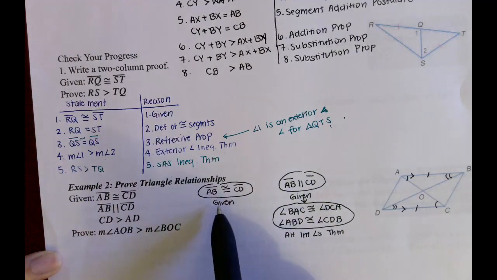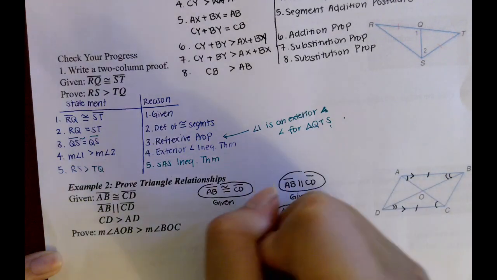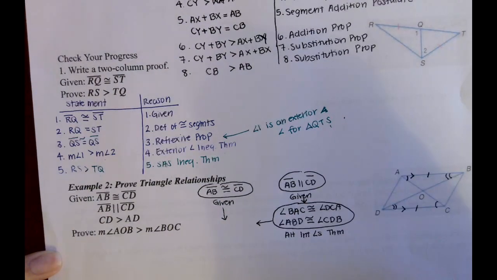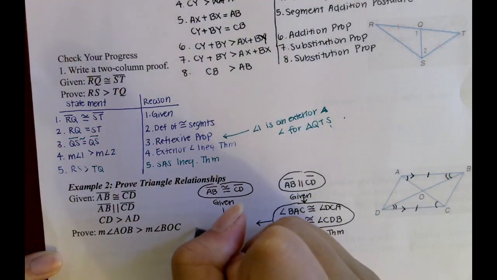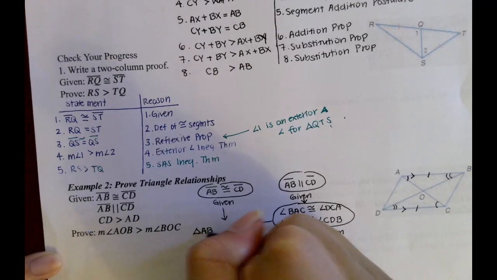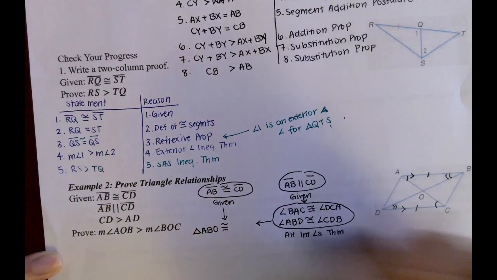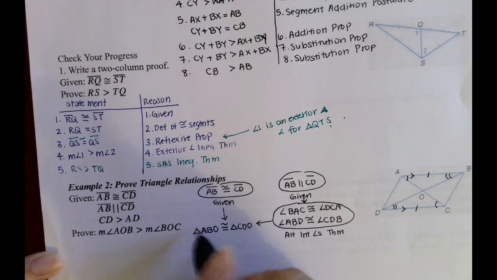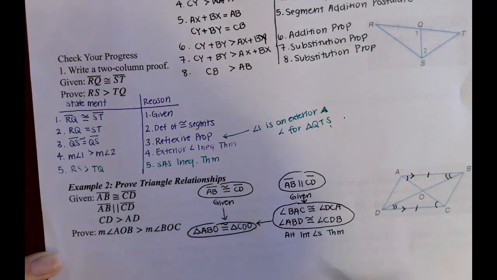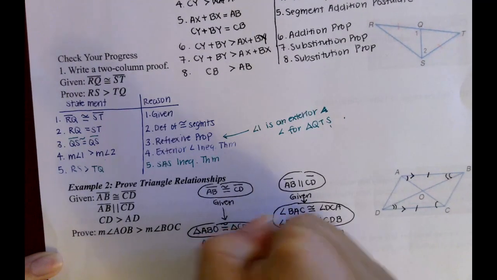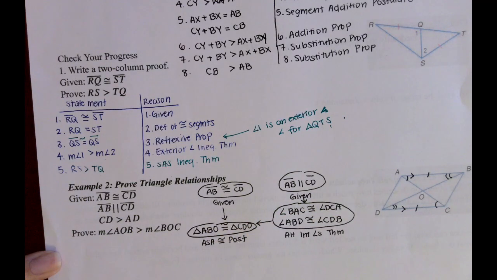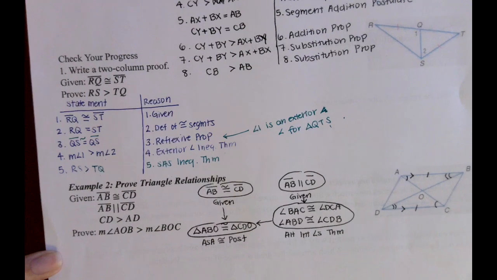Then, because now I have angle side angle from this and from this now, we're going to say that the triangles are congruent. So triangle ABO is congruent to triangle, so then I have to go the same way, CDO. And this is because of angle side angle congruence postulate. Okay. Then from there,